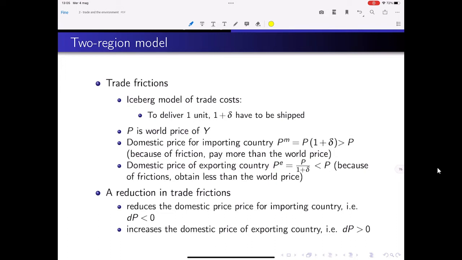Okay, and therefore we're going to see that the extent of how pollution affects welfare will depend on the policy in place. That's why the economic policy will play a crucial role. And we are going to see how to deal with it. That motivates also, I mean, here we are going to consider environmental regulation. That's why I had the very first lectures about environmental regulation. Because here we're going to see environmental regulation in place.